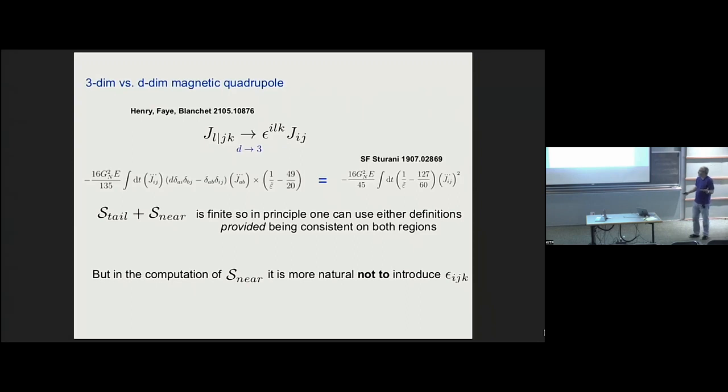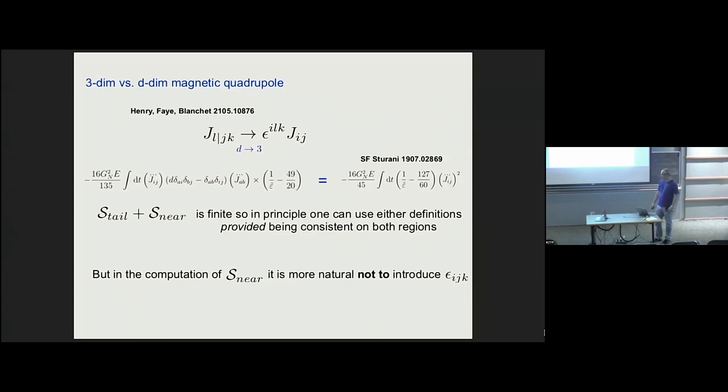And so in retrospect, we should have thought about it and given a result directly in this multipole, which doesn't use the Levi-Civita tensor, because in that case it's easier to make the comparison. And so if you use this, then you can add this to the near zone calculation, and you get the good result. And you check the scattering angle, and everything works. So from the tail point of view, I would say we now, after some trial and error, have a good understanding of the situation.